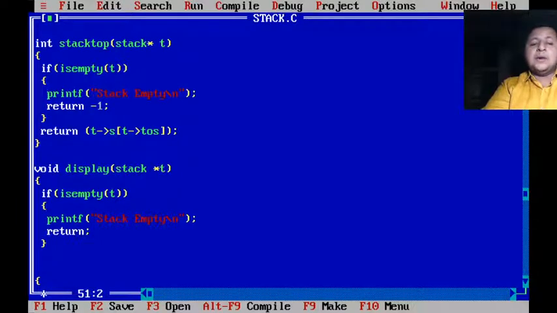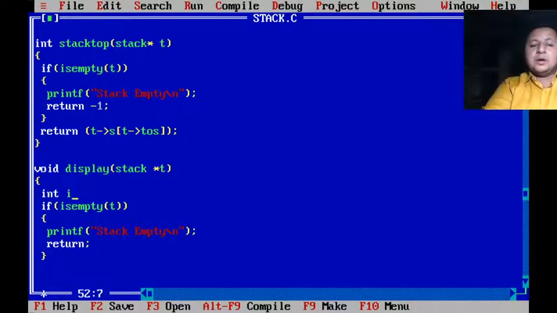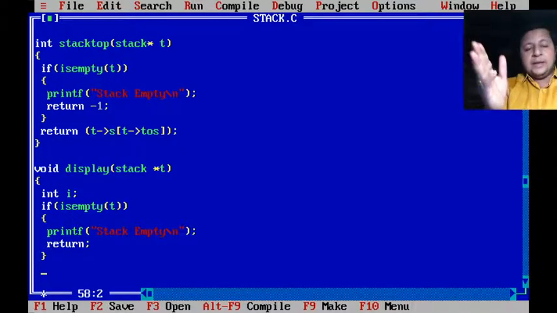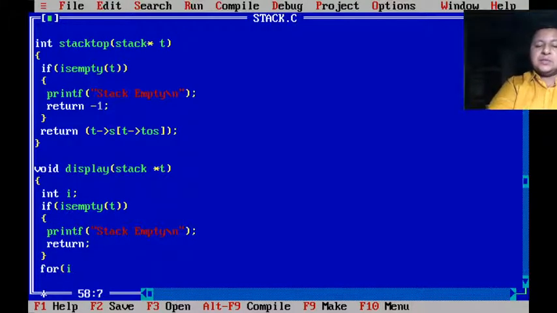Okay. Here I need one temporary variable for running the for loop. And what have we decided? We've decided that we'll display in the order they're going to get popped. So that is from toss to, it was 1 there, but here it will be up to 0 because again your array starts with 0. I equals toss, so t arrow toss, I greater than or equal to 0, I minus minus.